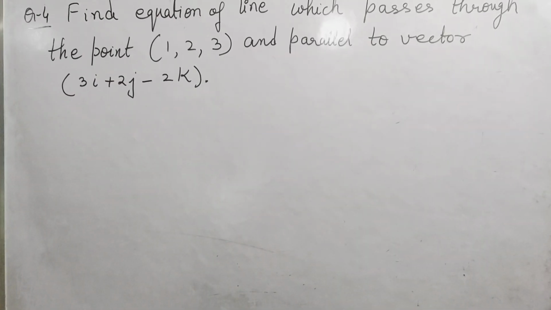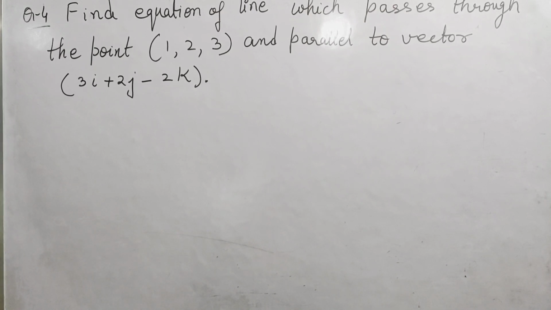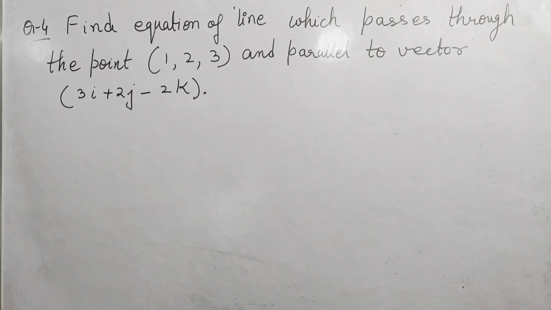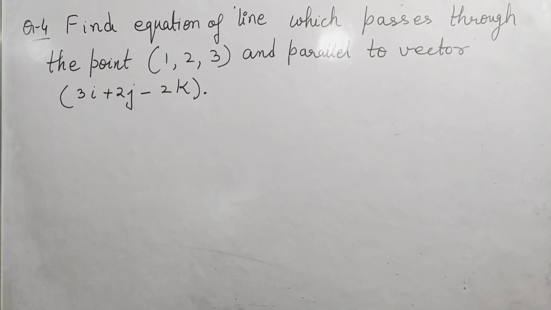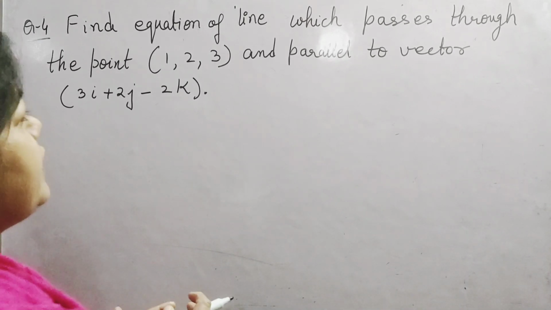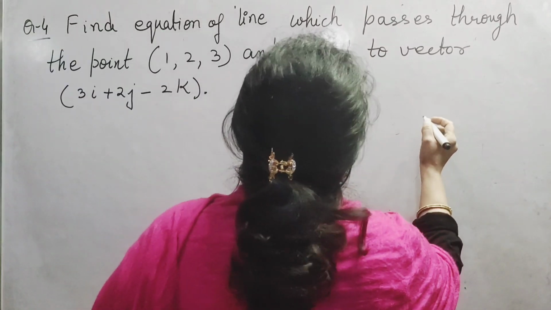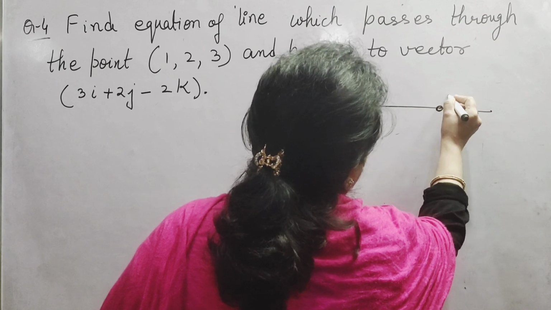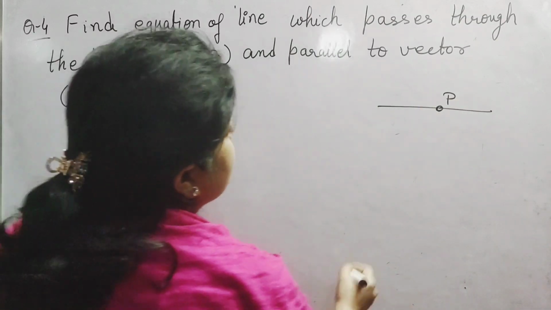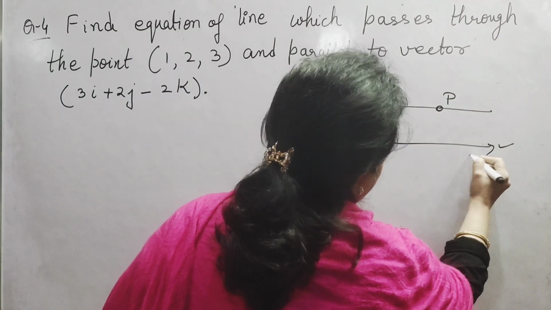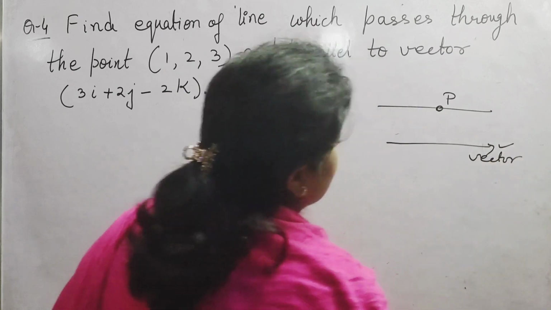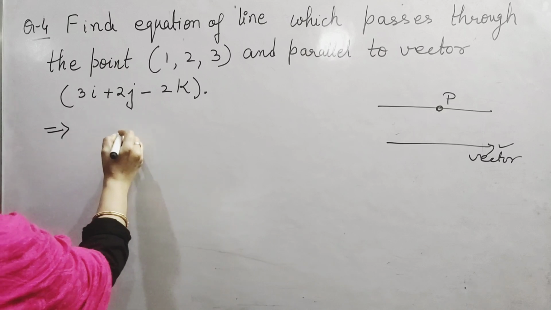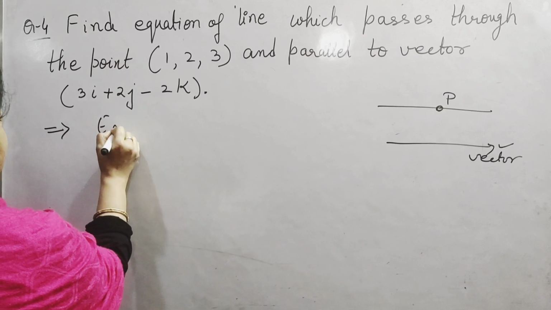Question number 4. Find the equation of the line which passes through the point (1, 2, 3) and is parallel to the vector 3i plus 2j minus 2k. Now according to the question, we have to find a line which passes through a point. For example, this is a point and it is parallel to this vector. This is a vector line. Okay. Now, directly for these types of questions, remember a formula. Equation for the line